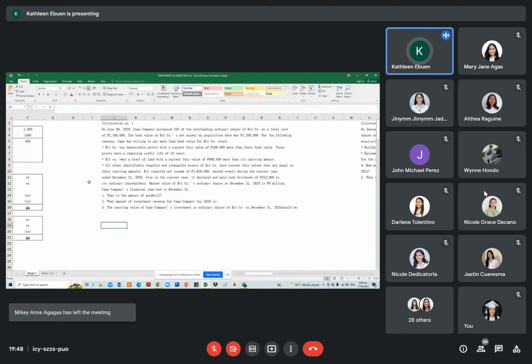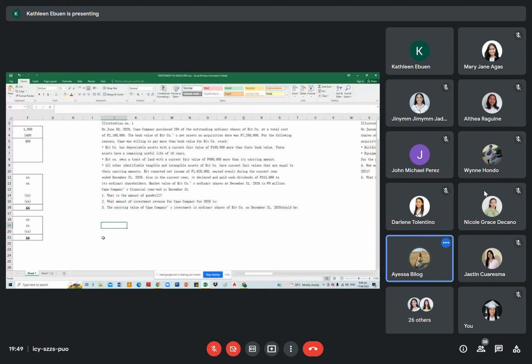Please read, Miss Bilog. On June 30, 2020, Cape Company purchased 25% of the outstanding ordinary shares of Bit Company at a total cost of $2,100,000. The book value of Bit Company net assets on acquisition date was 7.2 million. For the following reasons, Cape was willing to pay more than book value for Bit Company stock. Sabi ko pa po. Yes. Bit Company has